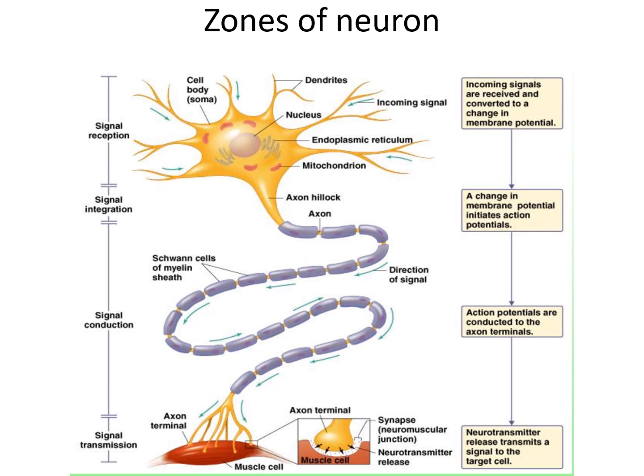So the zones of the neurons, we have discussed it already, but still I just want to give you a recap. So here we have the cell body. So inside this, nucleus, dendrites. So this portion from dendrite till the axon hillock, we call it signal reception. So incoming signals are received and converted to a change in the membrane potential. So what is the importance of axon hillock? Signal integration. A change in the membrane potential happens in the axon hillock. A very, very important point.